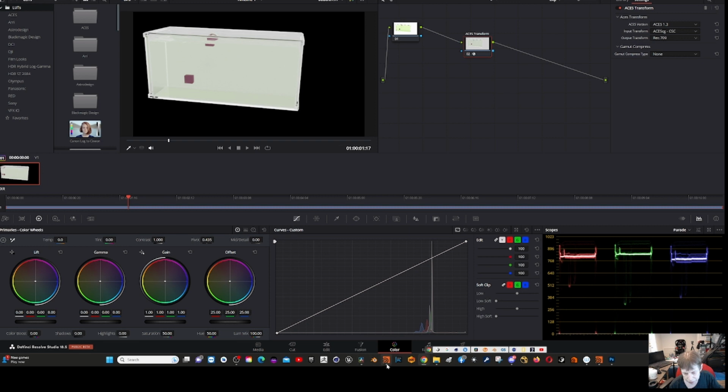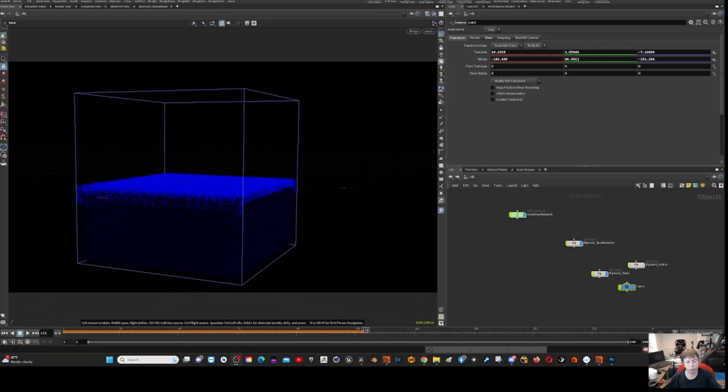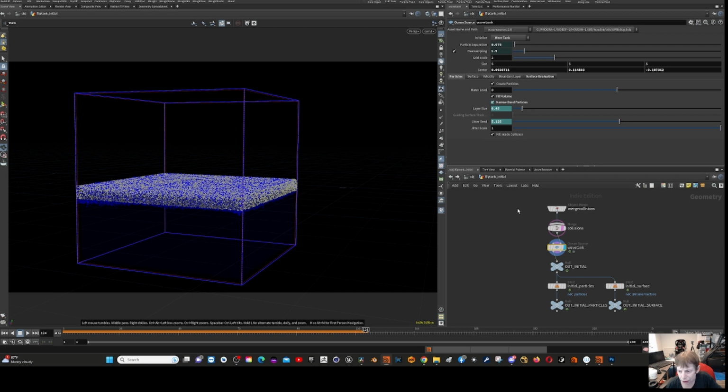Let's go back to Houdini. Now, we also have the shelf tool. In this example here, I use the Flip tank, and this uses the Autodot network. What it does is it starts with the Flip tank initial, and so you can merge in your collisions here, but the other thing it does is